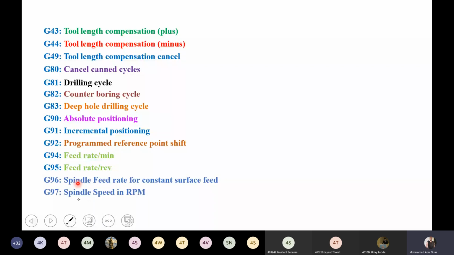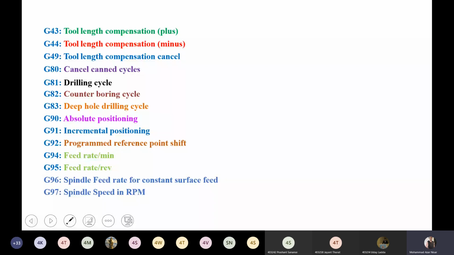If you use G96, the surface speed remains constant, so you can't vary it. And G97 is spindle speed in RPM, a simple one, like 1000 RPM, 2000 RPM and so on.